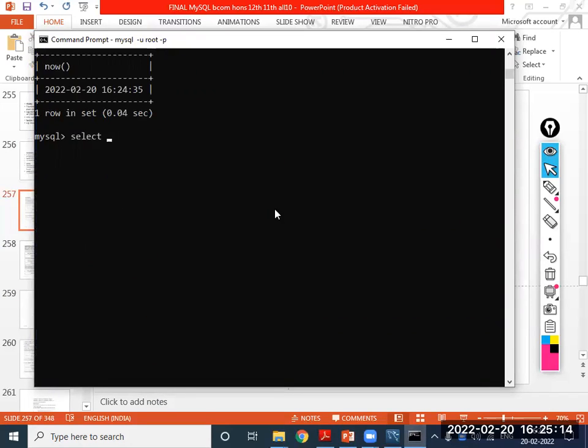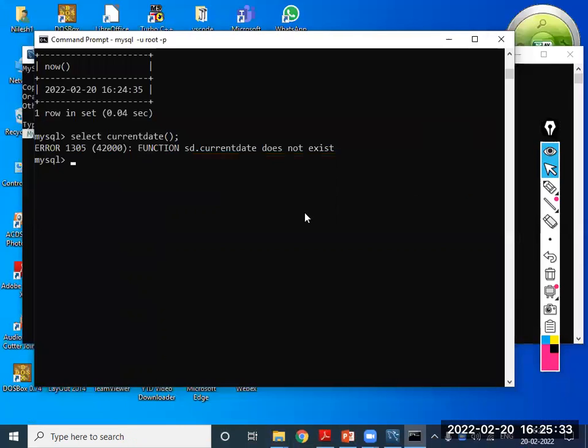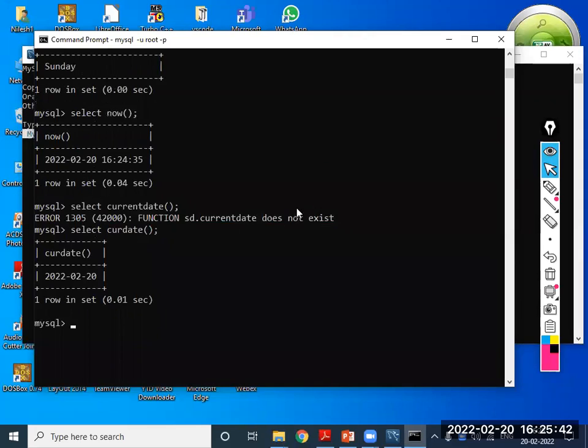Select current date. But see the difference in this case.